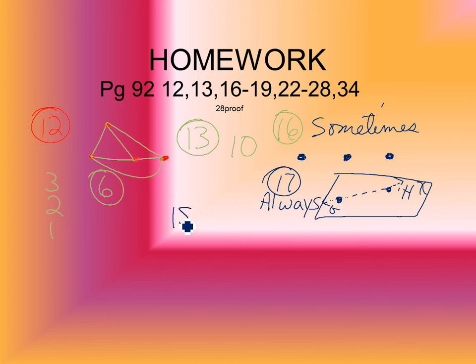Somebody read 18 to me, what's it say? The intersection of 2 planes can be a point. So you got 2 planes, can they ever intersect at a point? No. It's always a what? Line. A line. Now, if you had 3 planes,